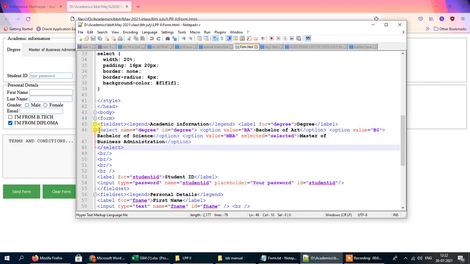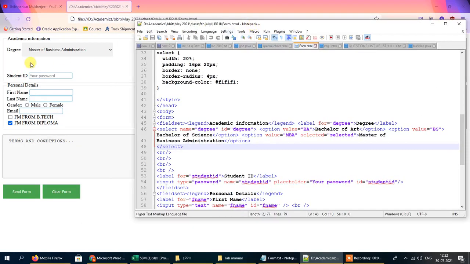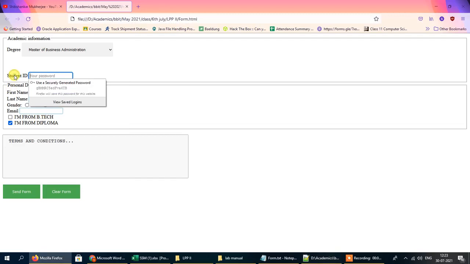Okay, after that we've got some blank spaces. So after degree and student, you can see that there are a couple of blank spaces, and after that there is a field called student ID, and under student ID we've got the password field or the ID field. Alright, so student ID is actually a label. Once again we are using the label. So whenever I click on this label, you can see the student ID field is selected.